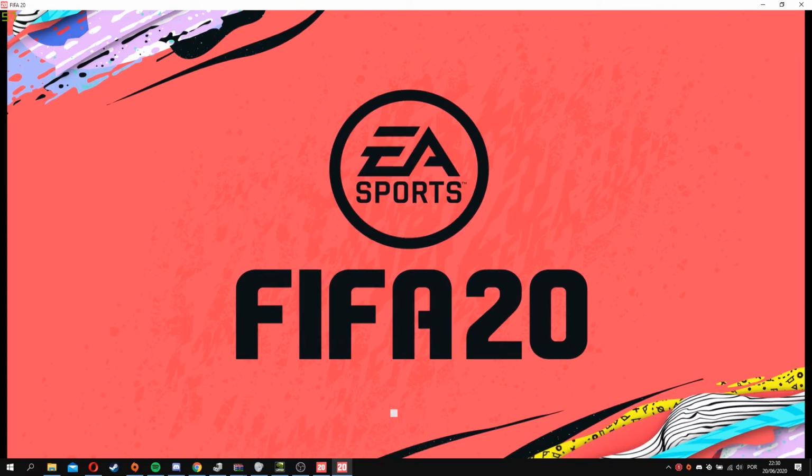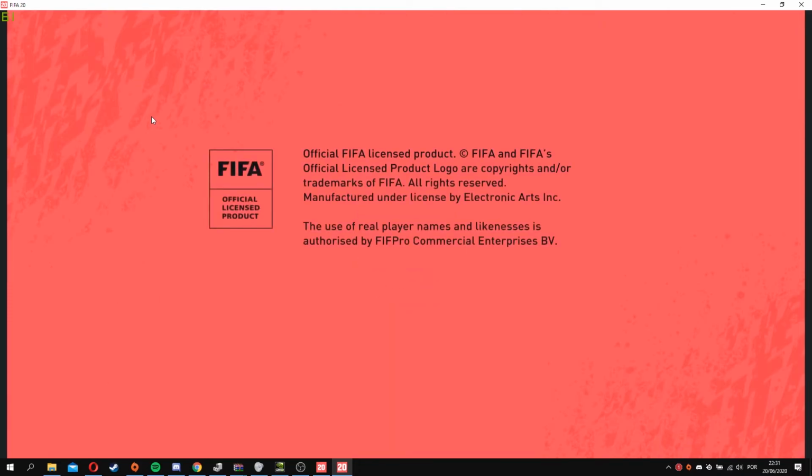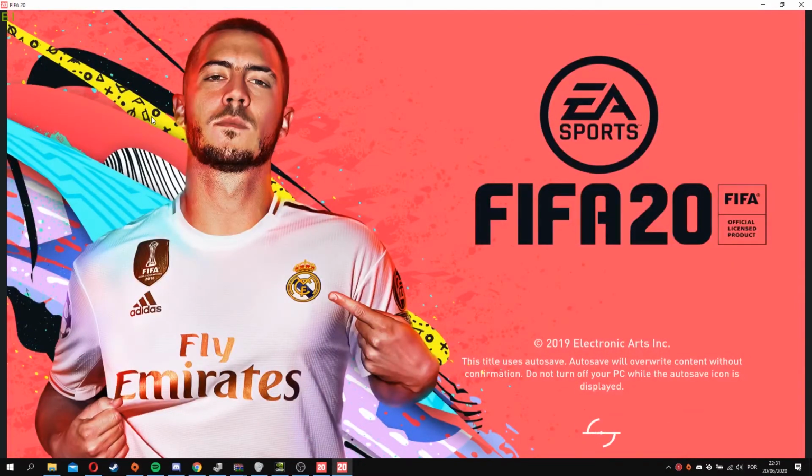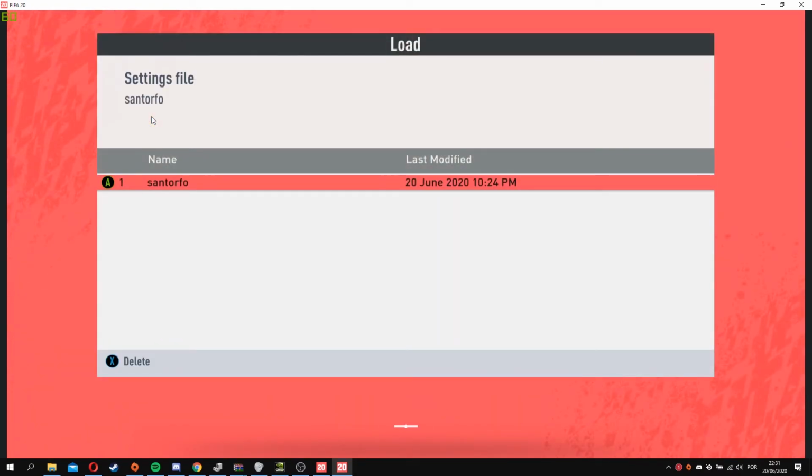Like I said, unlike DS4 Windows and InputMapper or another software, you don't need to open this or start this with Windows. It automatically starts with the game and attaches itself to the game. And now I'm using the PS3 controller. You don't know that I am because I don't have a camera on, but I can assure you that I am. And I'm going through the menus and all that.